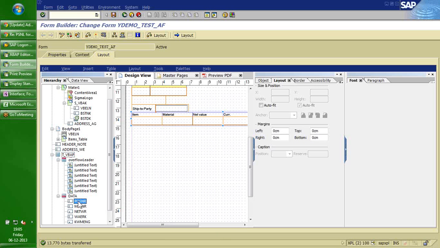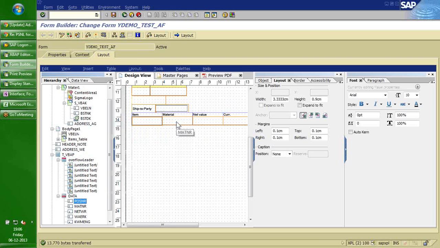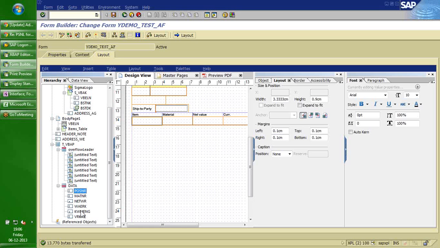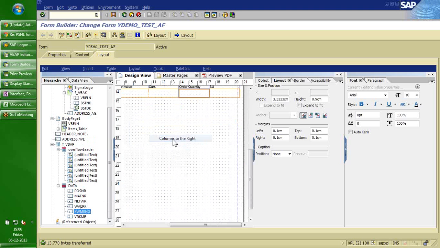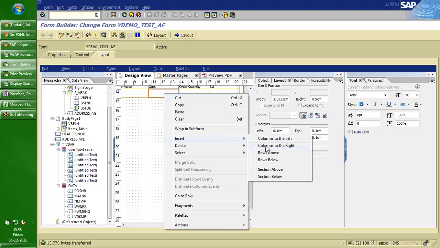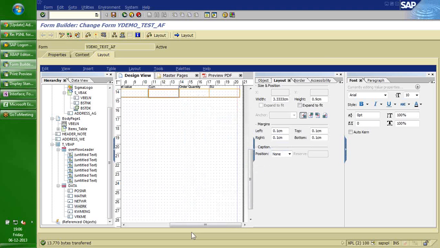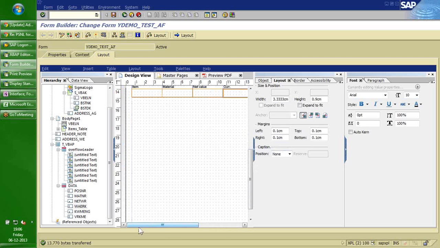I have seen add columns to the left and right. Let's try that one, but I'm not sure. New columns and new rows. Can you select all this and try to wrap in a subform? Can you select all five and wrap in a subform? What I suggest now, for the quickest way, since I have experienced difficulties in doing them,